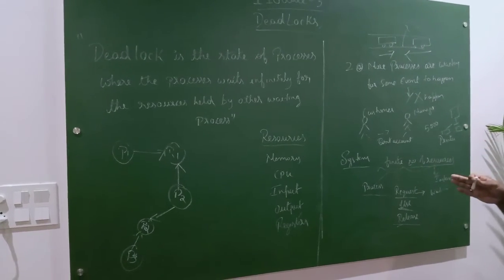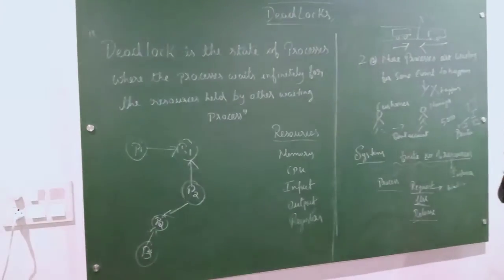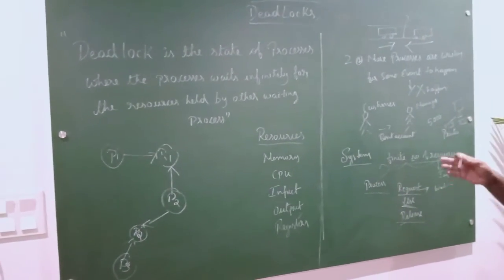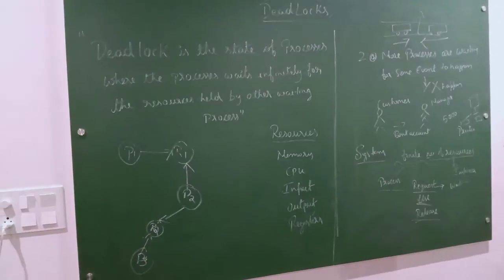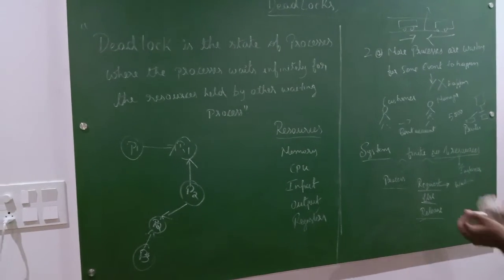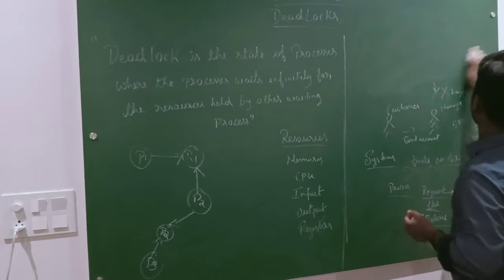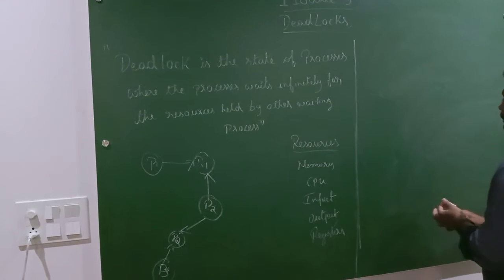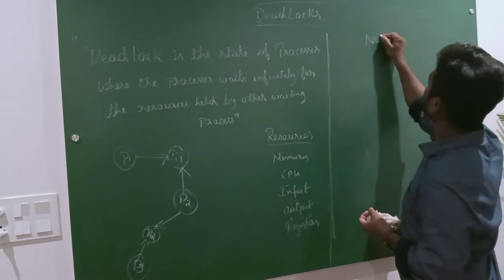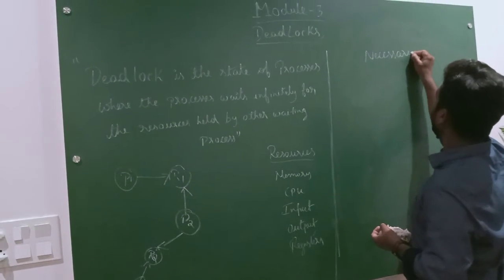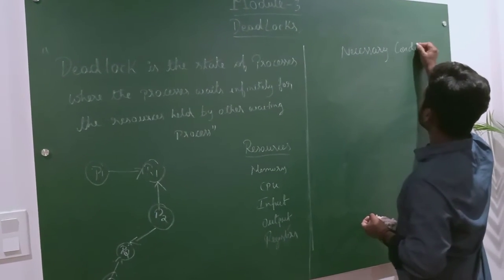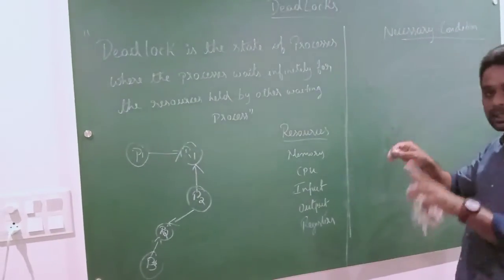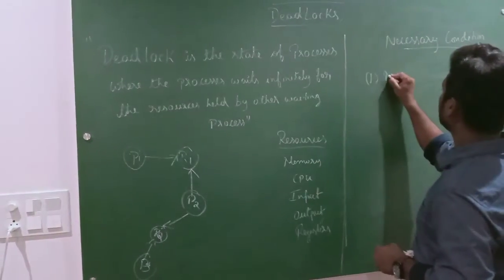In deadlock, there is an important topic: in order for deadlock to occur in your system, there are four necessary conditions. Whenever deadlock occurs, it has to satisfy all these conditions. Four conditions are there. First one is